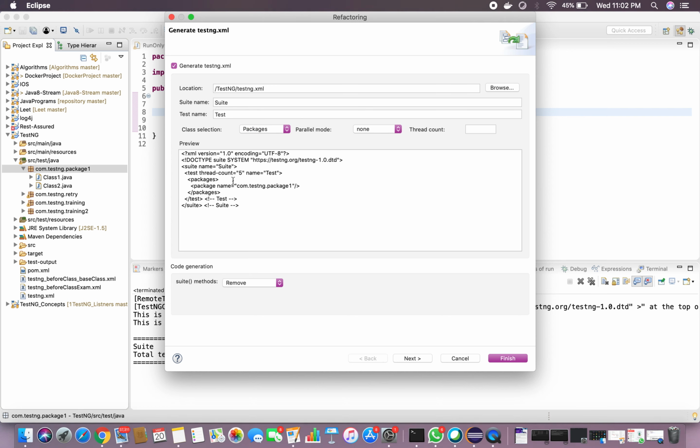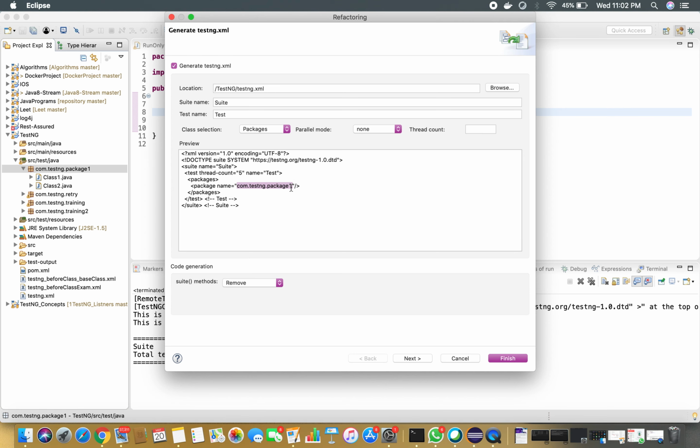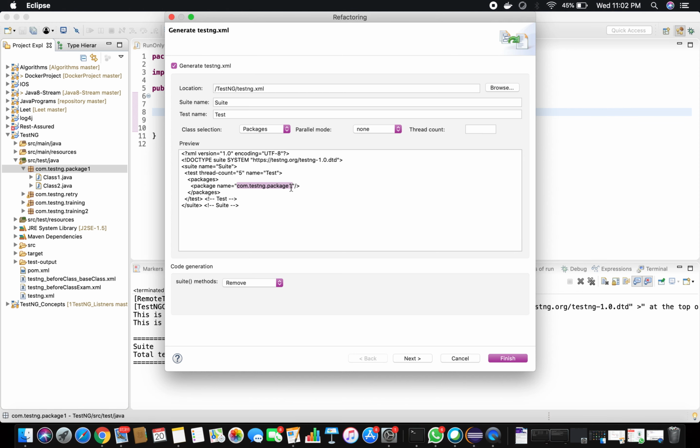What happened? This XML is updated. See, this is under the packages tag. You are just providing the package name. So if you run this particular XML, this will execute all the test methods defined under the classes.